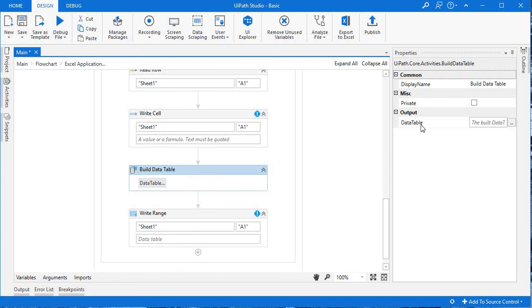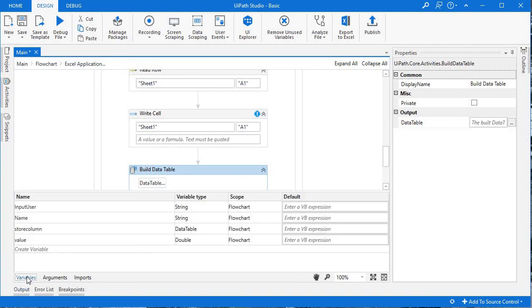Okay, and you need to give a data table variable. We have already created here.